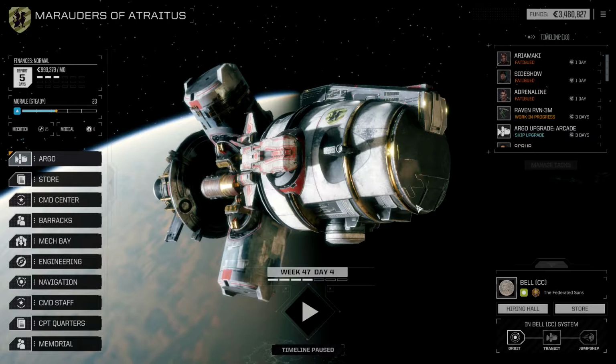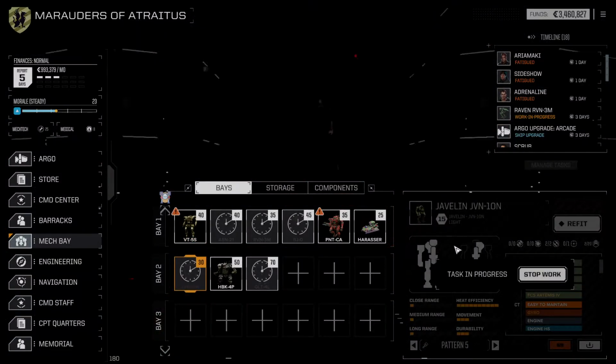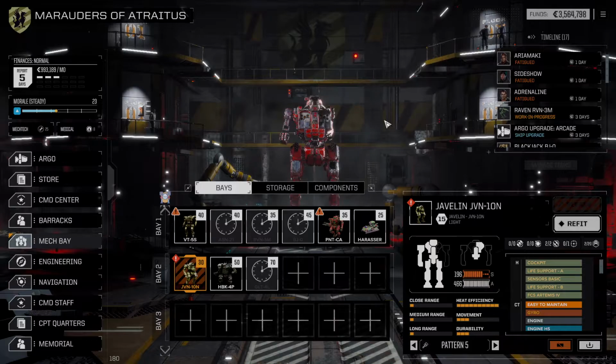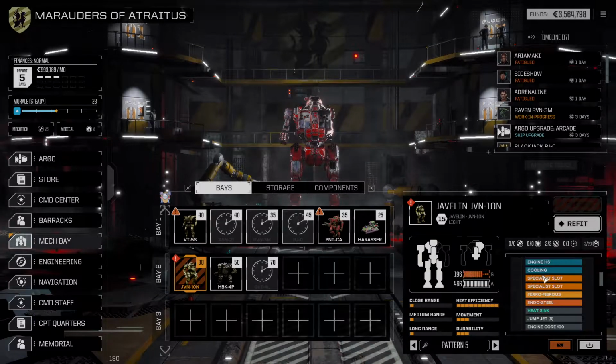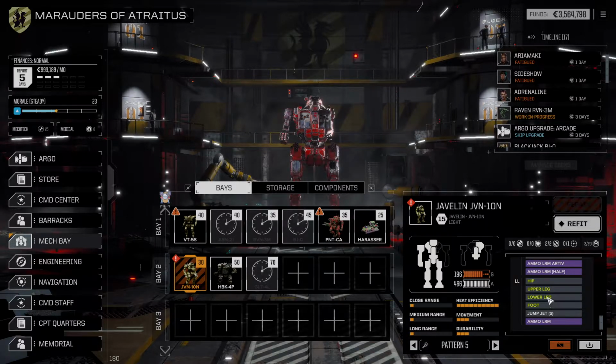He's wrong, but we'll let him get started on that. The reason he is wrong is because we're not going to repair the Javelin right now. We're going to stop work on that, and that's 103,000 of the C-bills. We got a little bit unlucky with losing the LRM-20 there. That definitely did hurt, but ultimately I think we may be willing to retire the Javelin, because we currently have